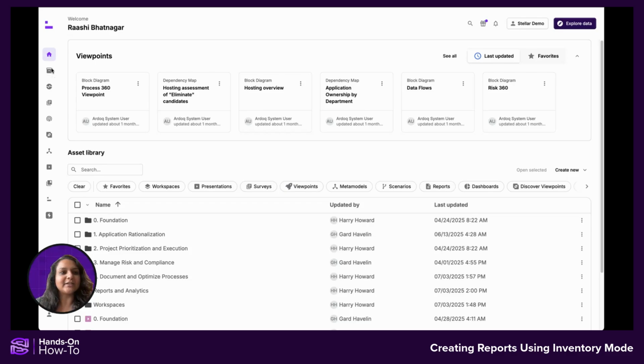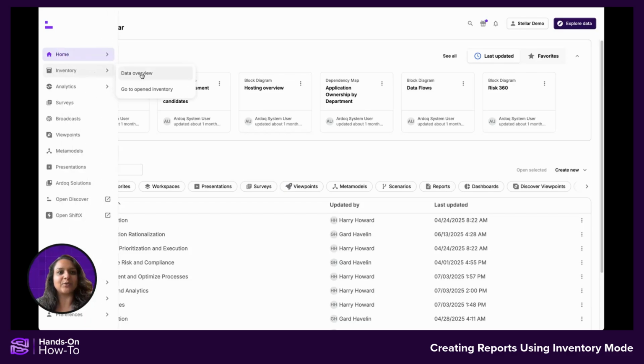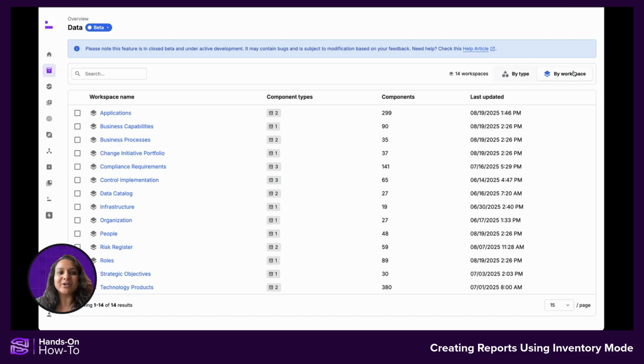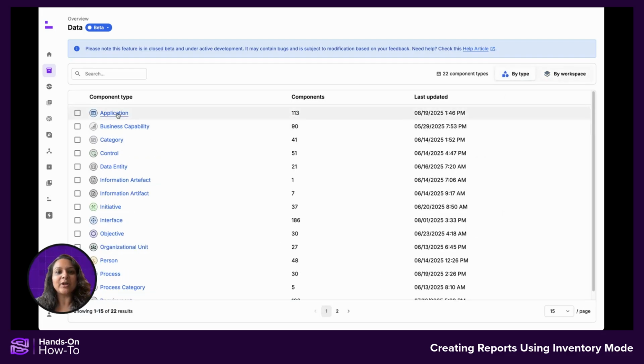So to get us started, you're going to go ahead and click into the inventory mode and open your data overview. On this page, you actually have the choice to open things by type, which might be new for some of us, or by workspace, which is the traditional normal way that we've been opening data in the world of Ardoq. I'm actually going to go ahead and open my information by type, and in this case, I'm going to